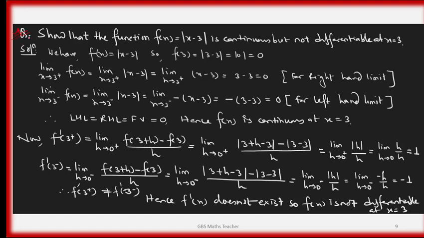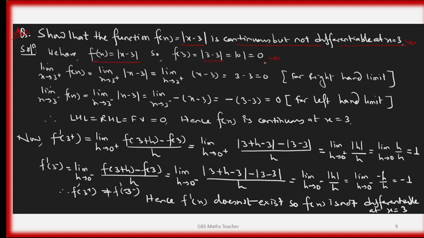Now, on the basis of the same concept, here I have taken another example. The function f of x equal to mod x minus 3 is continuous but not differentiable at x equal to 3. That is necessary but not sufficient, and to verify that condition we have taken this example. So let's see, it is continuous but it is not differentiable at the particular point x equal to 3. Dear students, we have f of x equal to mod x minus 3. So f of 3 is mod 3 minus 3, that is 0.